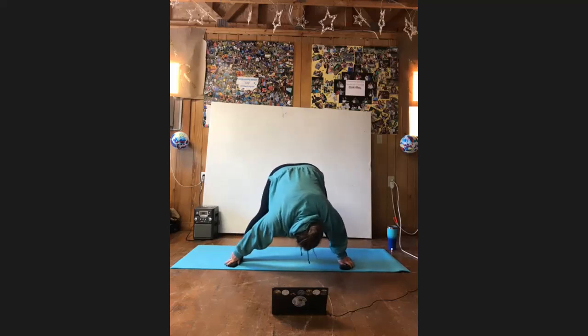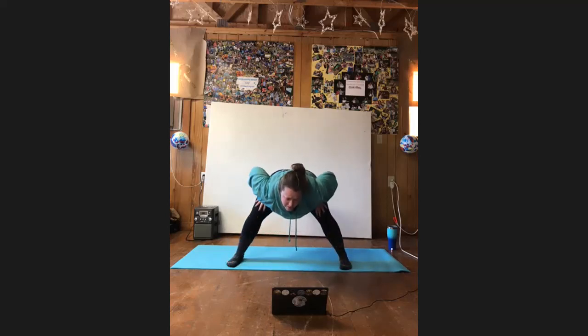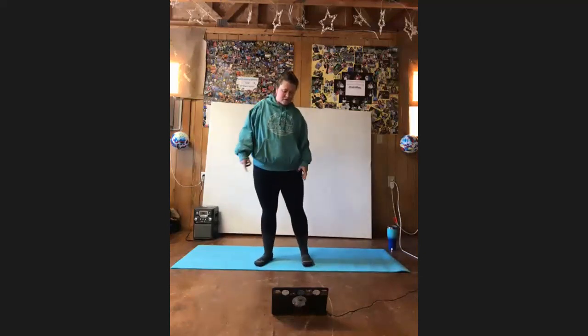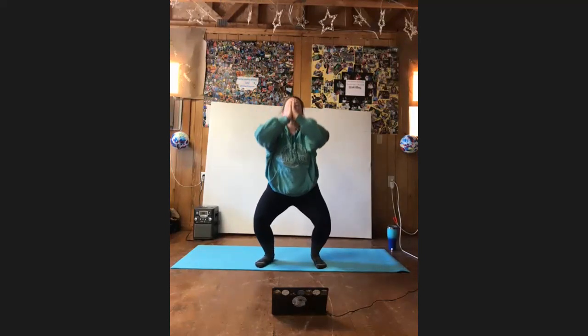Good, and then coming to center, bend your knees. Look up, take your hands to your thighs and lift all the way back up. You're going to bring your feet to about shoulder width apart now. Once you're there, take a deep breath in, bring the arms up to the sky, and then exhale, coming into